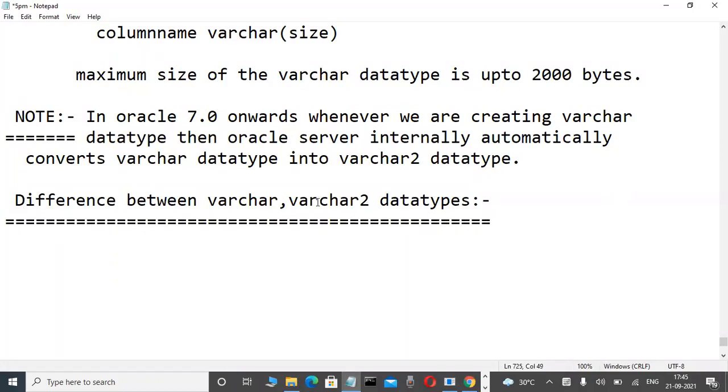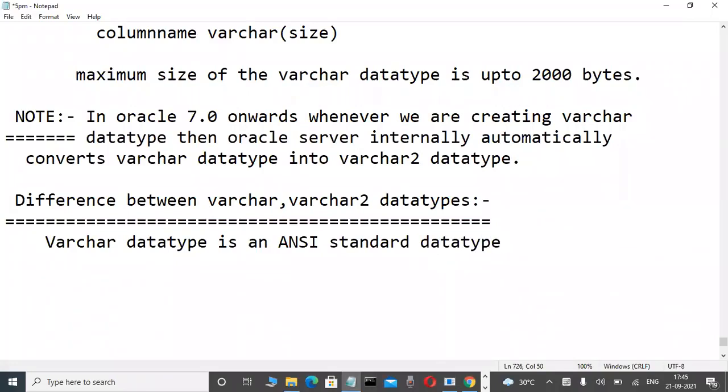Difference between varchar and varchar2 data types. Write it fast. This is bookish knowledge. Varchar data type is an ANSI standard data type